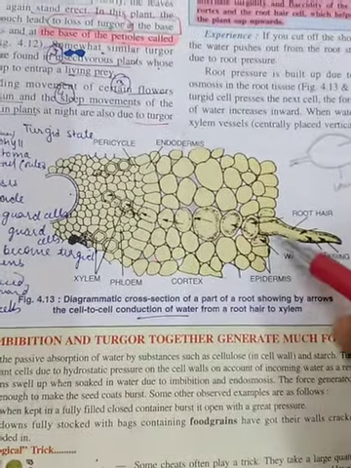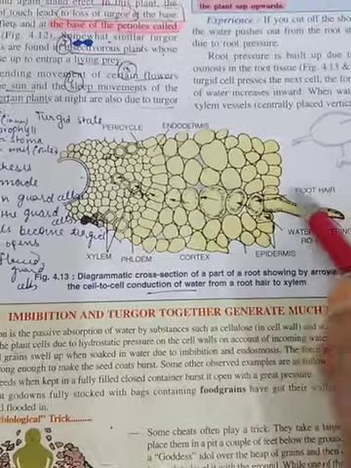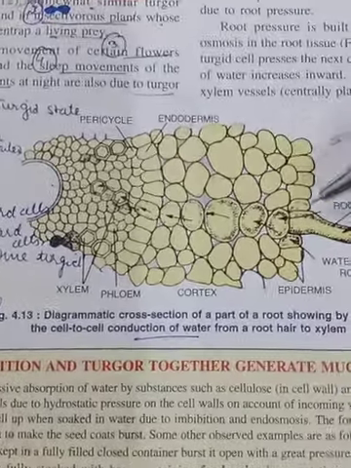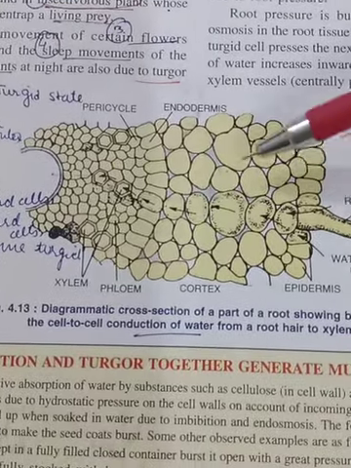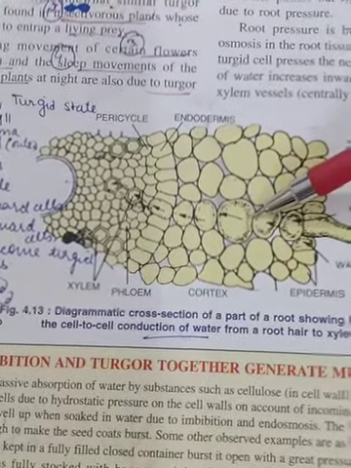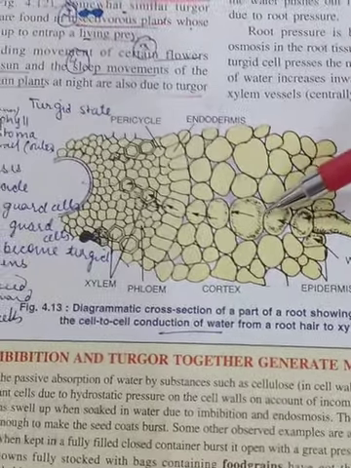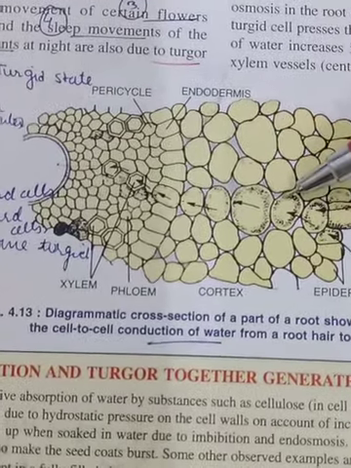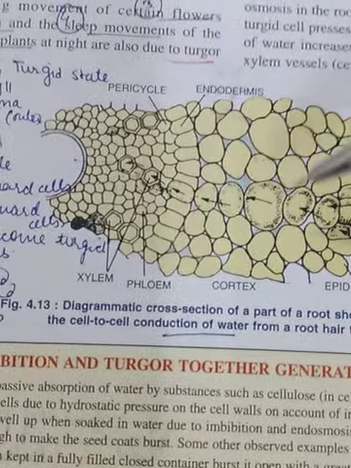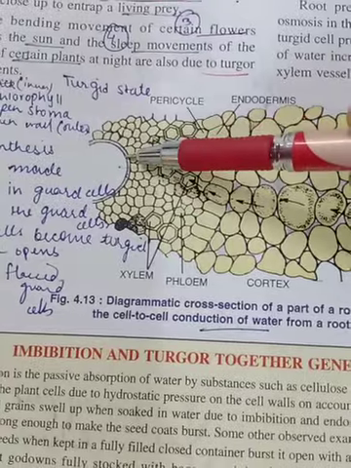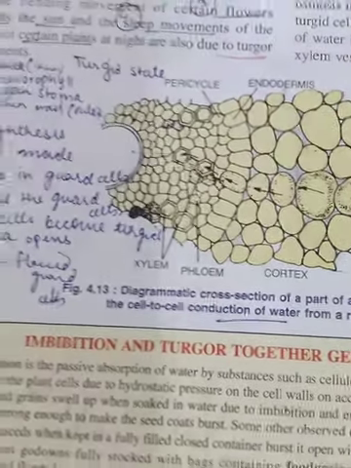So look at the journey of this water, children. Because it is continuously entering, naturally there is some pressure developed. This is the same pressure which we call root pressure, developed in the roots, which is due to inflow of water coming in, due to alternate turgidity and flaccidity of the cells of the cortex. These cells of the cortex are sometimes becoming turgid and flaccid, and thus helping to push the plant sap upwards. First it is reaching the xylem and then it will be lifted up. Alright, so this is all about root pressure.